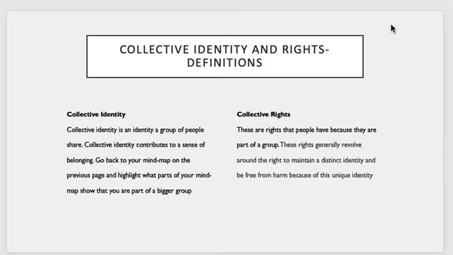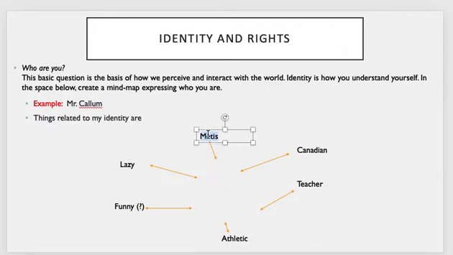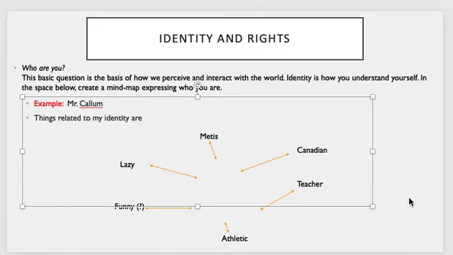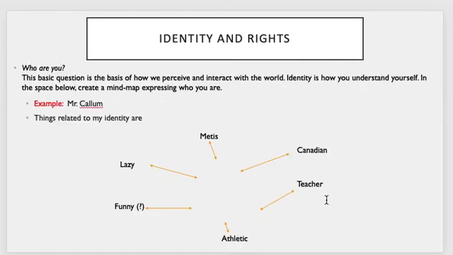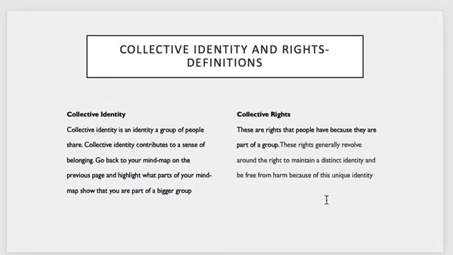If we go back to my own, I identify as Métis. That's part of who I am, but I'm also part of the Métis group. Think of it like First Nations. Because we're a unique group with unique characteristics and unique beliefs, we have certain rights. These are our collective rights, and they're trying to maintain what makes us uniquely Métis. We'll talk more about that tomorrow, next social. But now I really want you to focus on identifying who you are in your identity, and we'll expand on rights a little bit more.